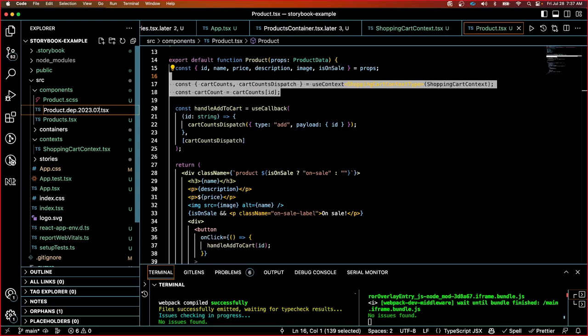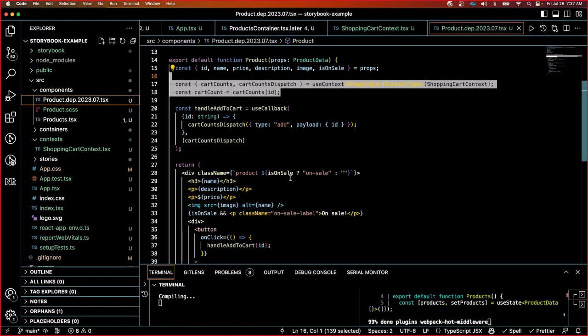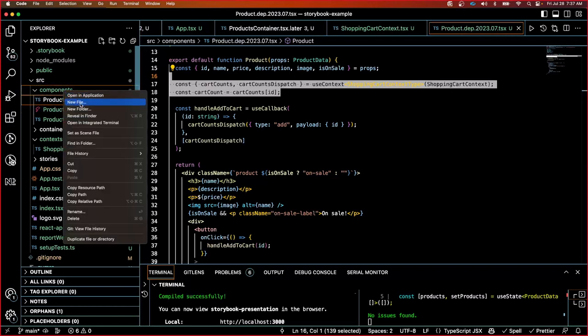2023-07. This is a common way that I like to do it, and then basically if you're using Visual Studio Code or anything that goes and updates all the dependencies, basically everything that relies on that will now point to this newly renamed file, and then we can actually create a new product component like this. So new file,